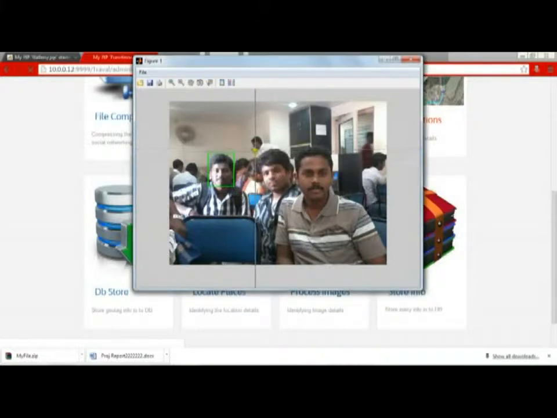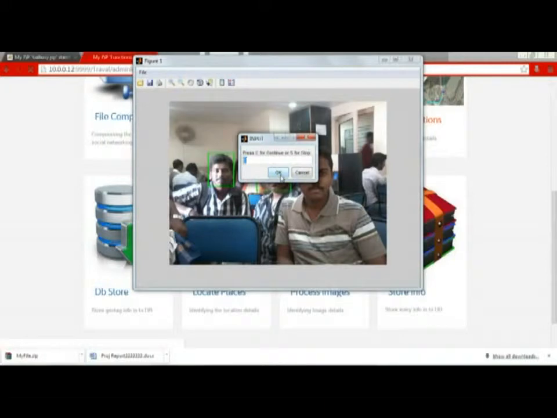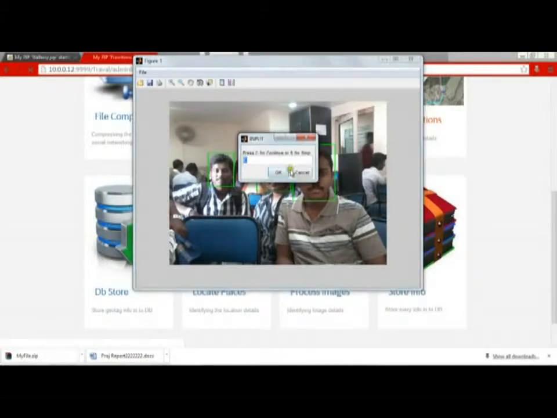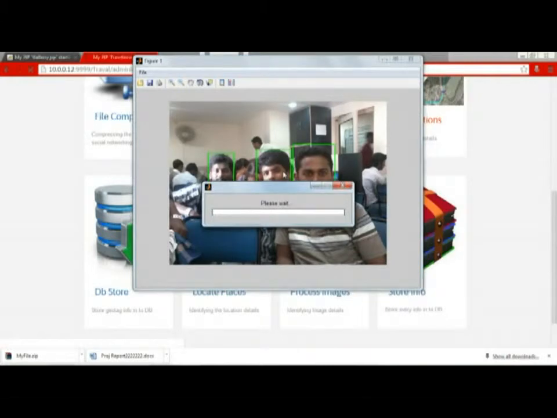After selecting one photo, if we want to continue, we have to give C and press OK, and if we want to stop the further selection, we have to click S and click on OK. Now S is given and the selection process is closed.